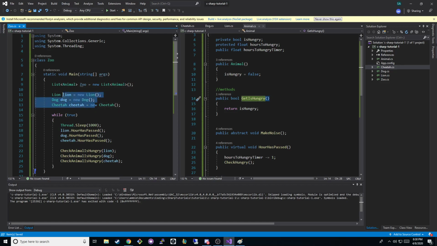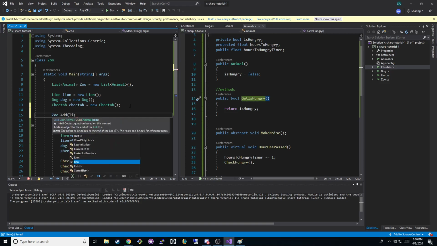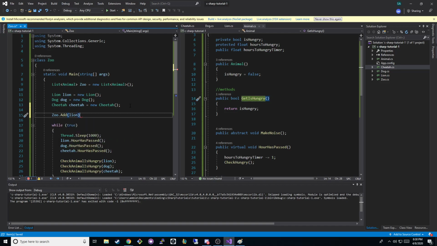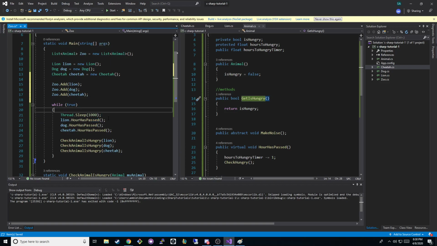So once we create each of these things, we could say zoo.add. We could add our lion to our zoo. We could add our... Why am I typing these out? I can copy paste. Okay, so now we have each of these things in the zoo. So now instead of this, we can just do